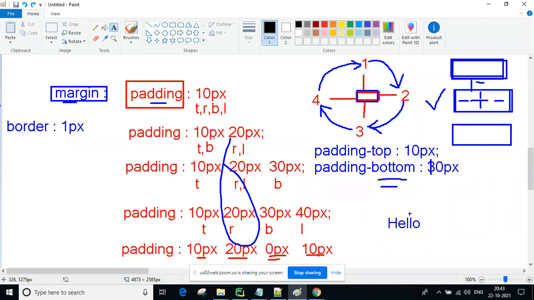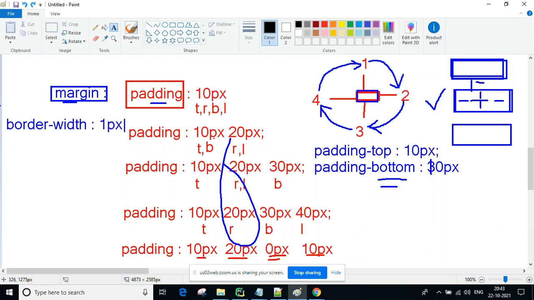Around my content, on 4 sides, you are going to get 1 pixel. This line width, the border width, is 1 pixel.